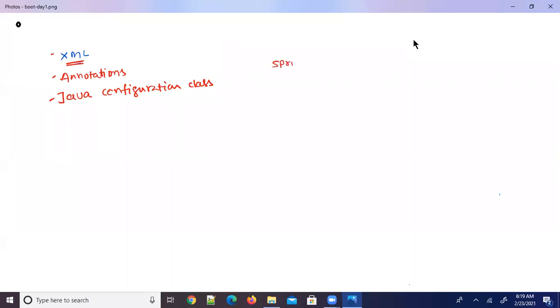For example, I am writing spring.xml, which is a Spring Beans configuration file where the root tag is beans. And of course, you add a bean tag. Basically, it has name and class attributes, otherwise id and class attributes.